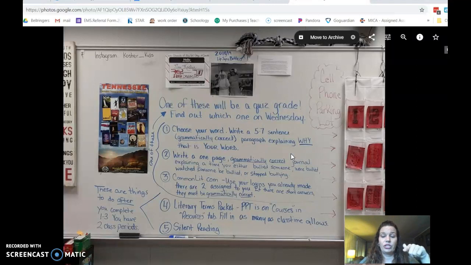You write a one-page reflection of the bullying topic, and then those two common lit assignments that you've got two days to do. These aren't due until Tuesday, but they have to be done in class, not outside of class. So you'll be doing those four things, and then if there's time, like say you do two of the assignments